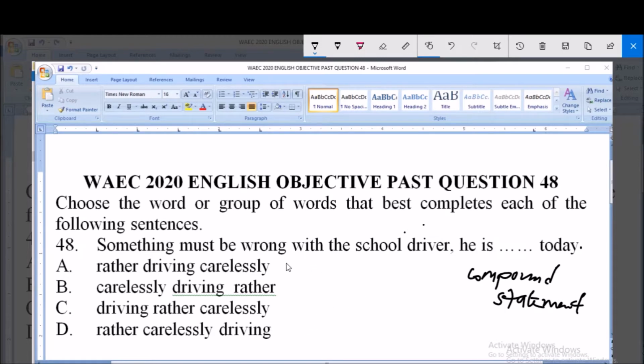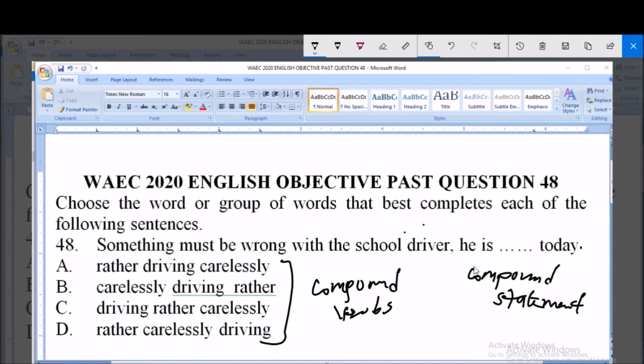The options here from option A to D are all what we refer to as compound verbs. So they are all compound verbs, and in compound verbs,